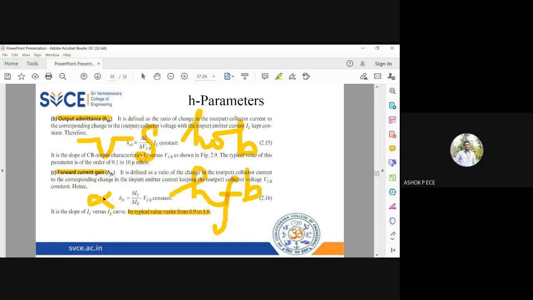Okay, and what is the unit for current gain? No unit. Yes, no unit. Or if you want to express it specifically, you can express this in terms of dB. You know what is dB? You take 10 log of this, you get the answer in dB. But generally, current gain has no unit. Okay, and in common base, the current gain is very, very poor. Current gain means the output current should be an amplified version of the input current. But see here, the gain value is 0.9 to 1. So common base transistor cannot be used for current amplification.